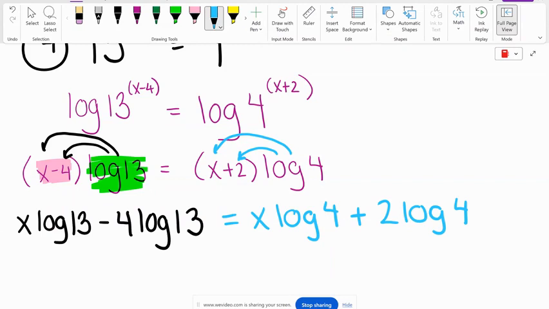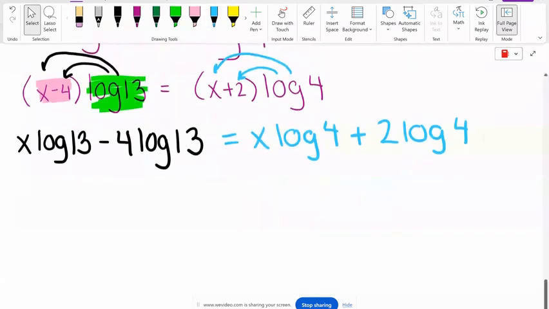What are we solving for? X. So what I'm going to do is get everything that has an X to the left side and everything that doesn't have an X to the right side. Augie, you with me? Okay, so everything that has an X to the left, everything that doesn't have an X to